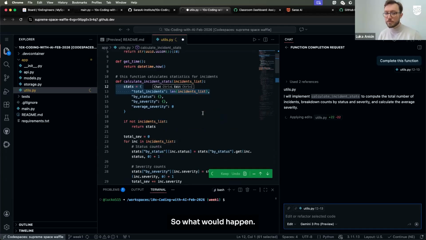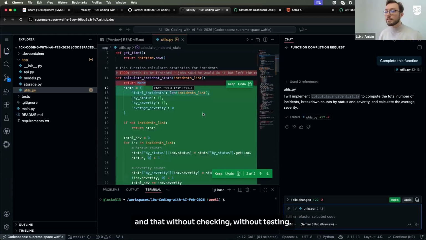So what would happen, that person would generate a bunch of code without checking everything, just tap complete, without checking, without testing. And then it would send it to review to another teammate who should continue working from that point. That doesn't work. It is just creating noise and actually slowing you down. When you're believing too much in AI without checking, without testing, that's where you tend to fail and tend to create a lot of noise and unnecessary code inside of your